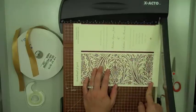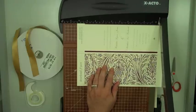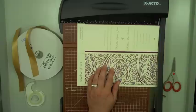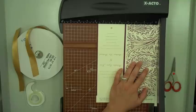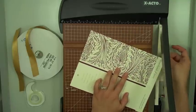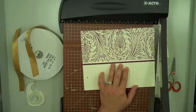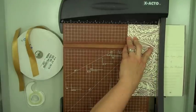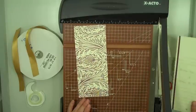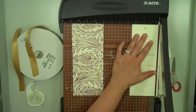And now, since they're the same length, I can cut the bottoms off at the same time. Both cards here. And I'm just turning it, cutting. I'm going to line up, and on here I'm just going to use the design as my guide, and I also know that it's 4 inches wide, so there's my base. I'm going to flip this over and cut out the last cut for the top